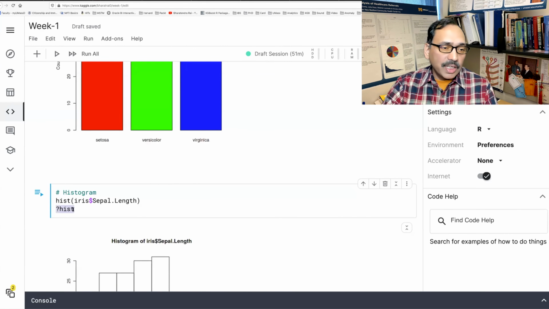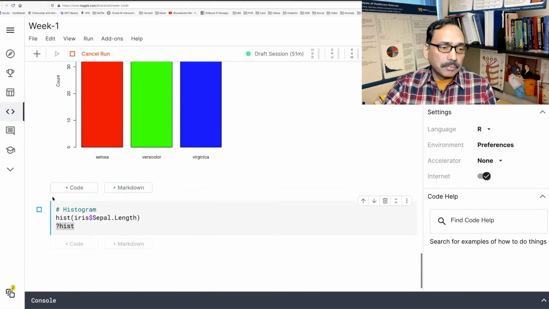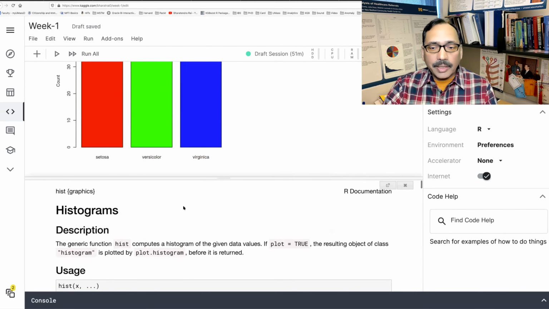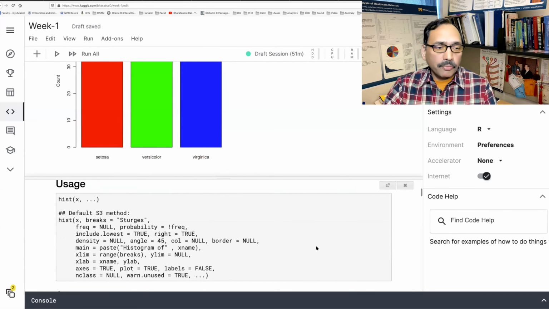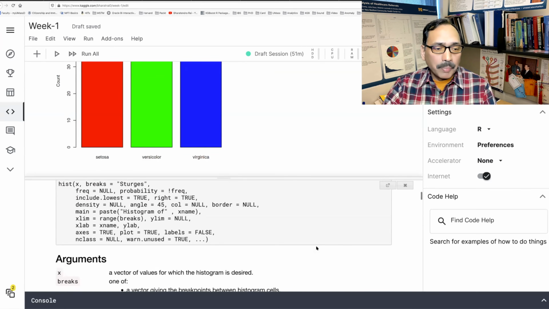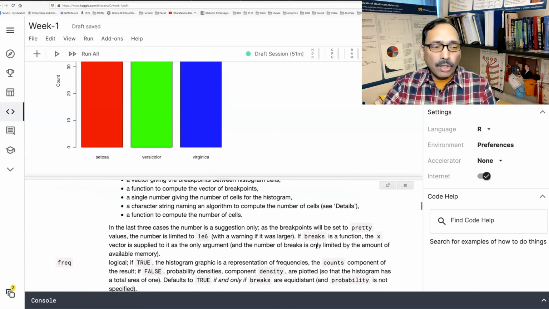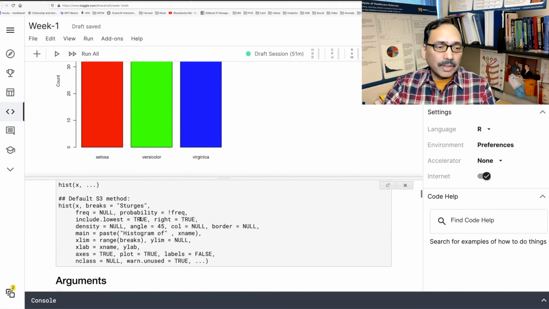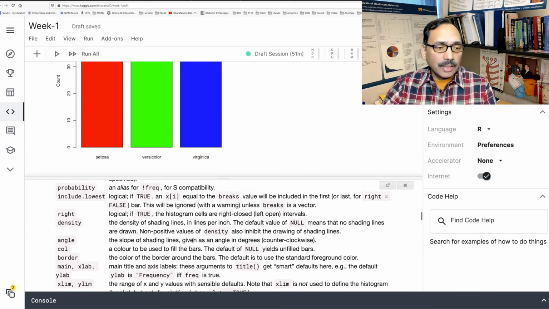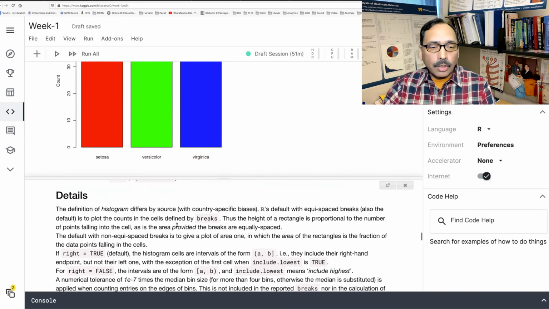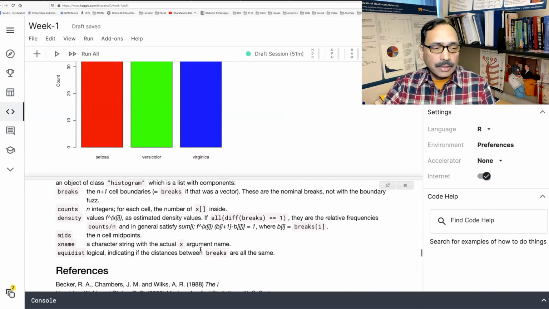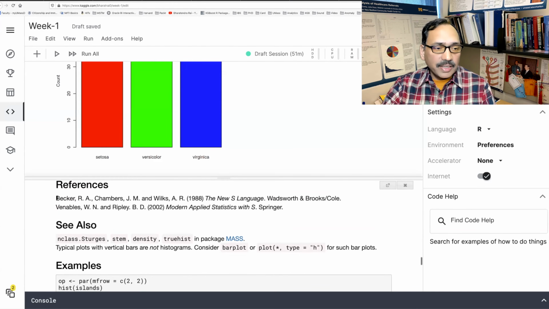So I'm going to run only this part. Immediately you'll see it gives you a lot of information about the histogram, how it works, all the details like what all things you can change. You see this main that we used earlier, labels, colors, etc. It also gives many other details, also references by people who developed this.